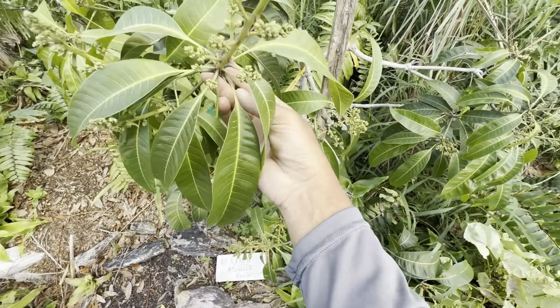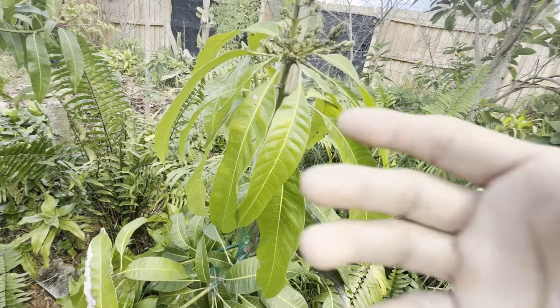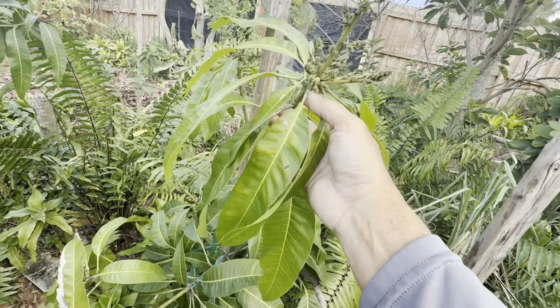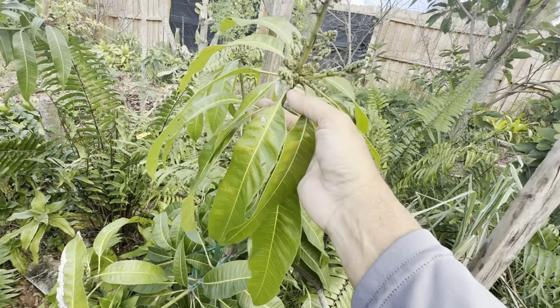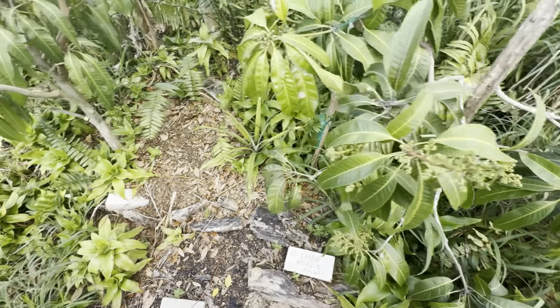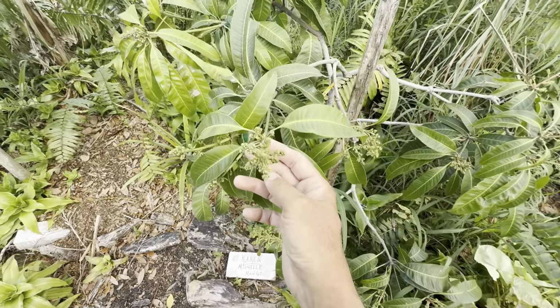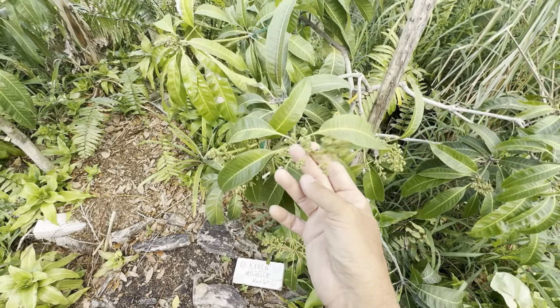And the reason for that is because when these buds start to push, or these panicles start to push, they give off a little bit of sap. You know, they exude some micro droplets of sap, and that's to bring the pollinators around. That's to start attracting them early on in the game, so that by the time they open, the pollinators will be around. So it's not really a major issue. You're gonna see a slight bit of it, and that's just because of the sap,